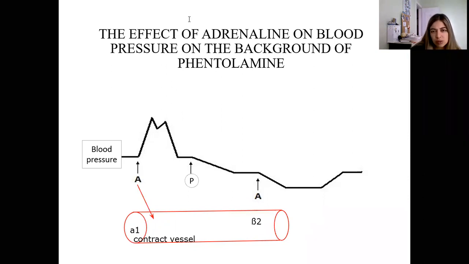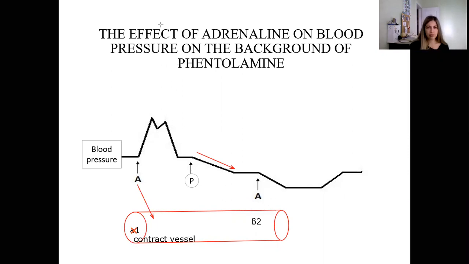Phentolamine, what is it? Phentolamine is a non-selective alpha adrenoblocker. So it blocks alpha adrenoreceptors. Okay, it blocks, so the contraction will be less. That's why we can see here the decrease of blood pressure. Yes, it decreases because already no contraction can happen, even with the natural adrenaline. And then we give again